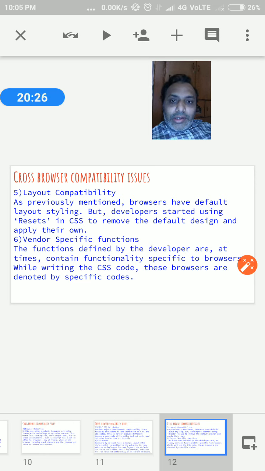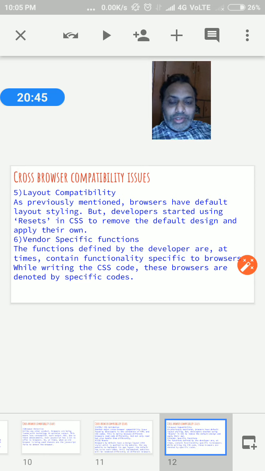Once they want to represent the same code on different devices, like a tablet, a laptop, or monitors with different aspect ratios, it becomes very difficult.